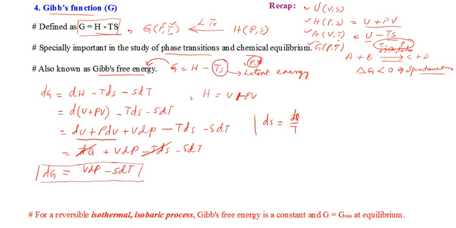So that is the differential form of the Gibbs free energy. Now this equation will help us to define the functional dependence of G, or to identify the natural variables of G. So what is G? So I can say G is a function of its natural variables. What are the natural variables here? Variables are denoted by differentials.